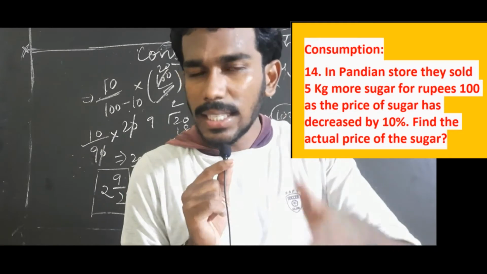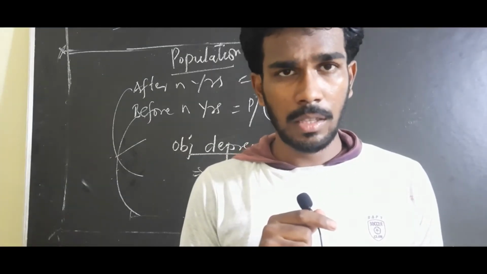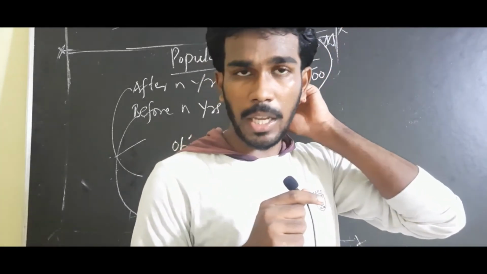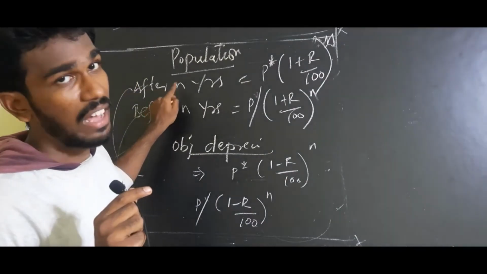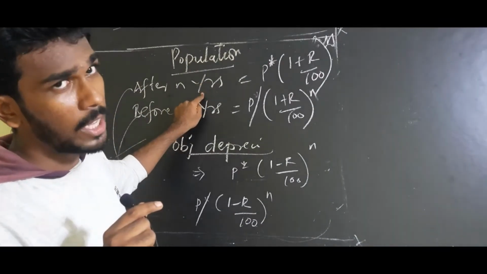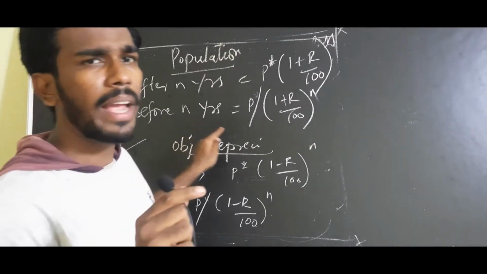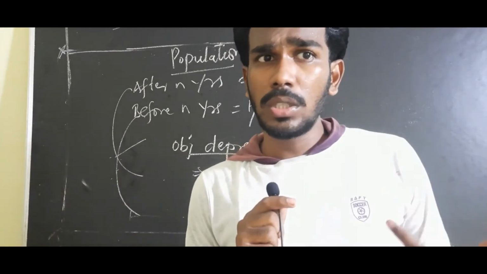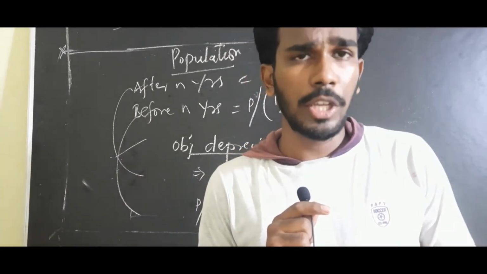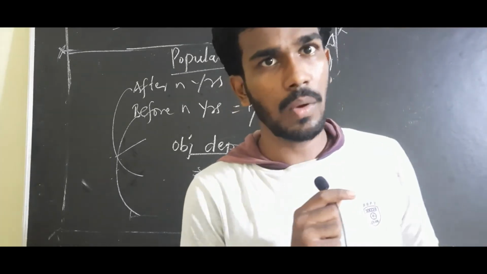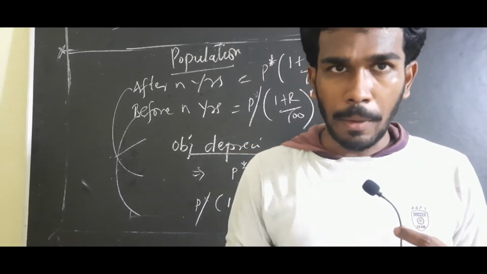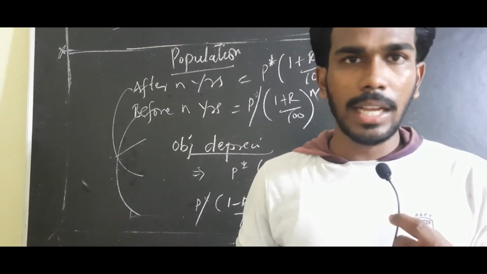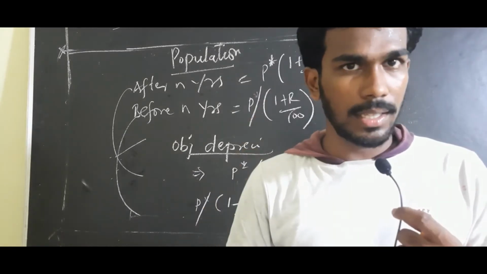Let's dive into the last question of this series. In this last 15th sum, I have taken two concepts. One is the article depreciation and another one is the population. If we speak about a population, it can be increased after n years, or we need to find a population before n years. Similarly, if you buy any electronic goods like a computer, washing machine or a bicycle, as the days go, the price of a vehicle or electronic goods will decrease. They never increase. But if you speak about land rate or population, these things will definitely increase after n years. But electronic goods or other such things actually decrease from their original price.